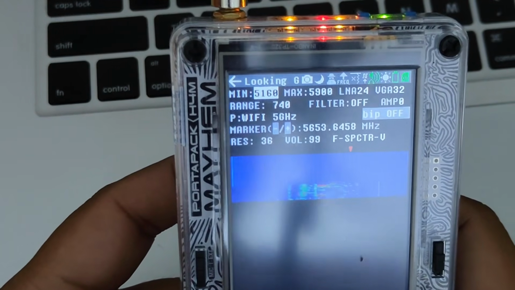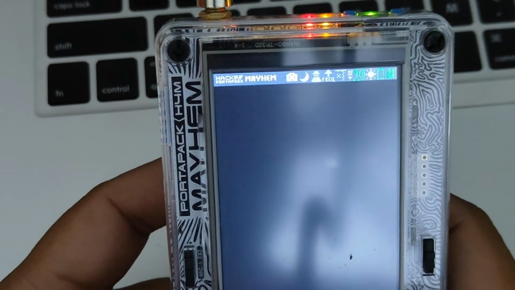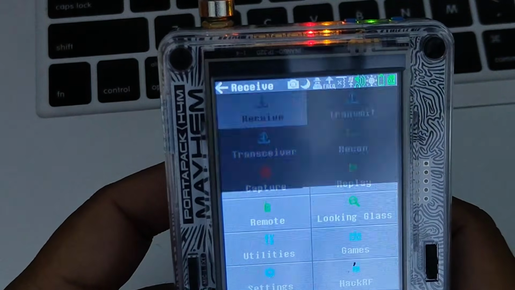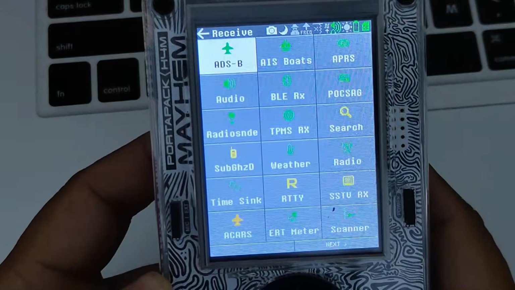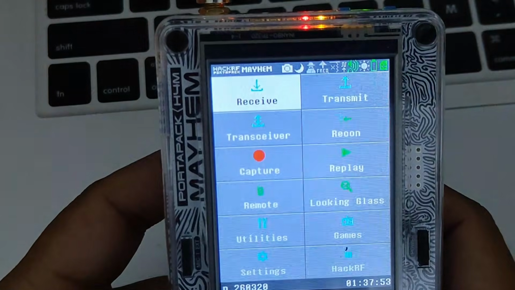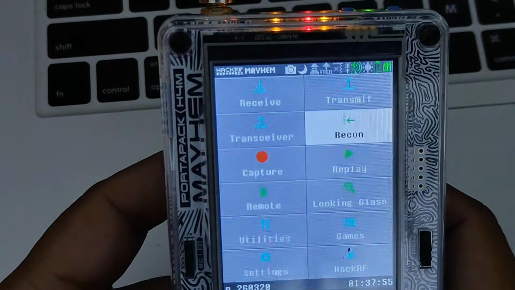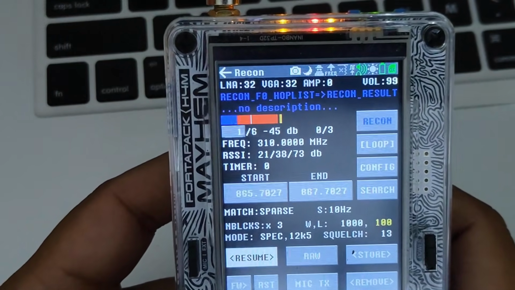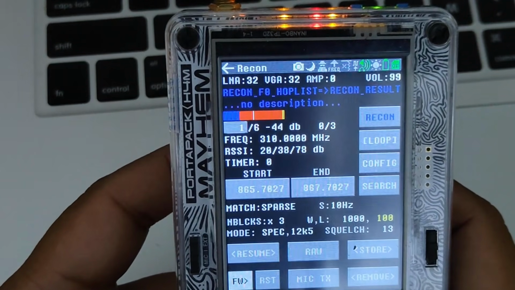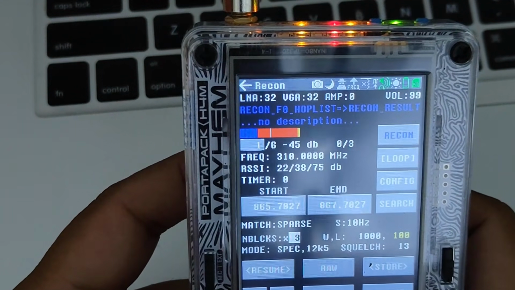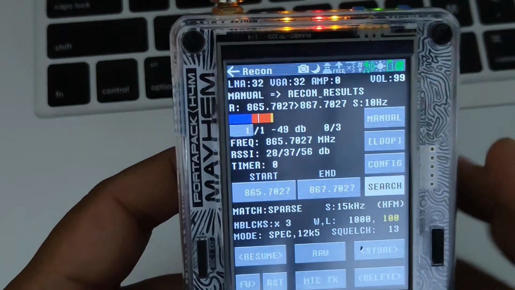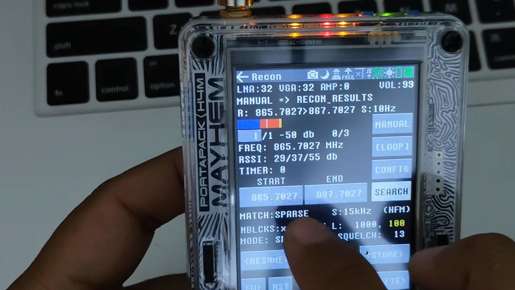So these are the two applications you can use to find unknown signals. One is in the Receive application folder, which is known as Scanner, and one is Looking Glass. Then you can also use something called Recon as well. Recon allows you to also look for a frequency search. I'll show you this as well. This is just similar to the Scanner application, and it will start scanning from 865 megahertz all the way up to